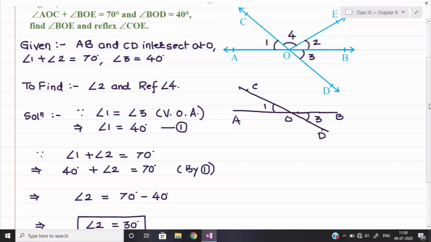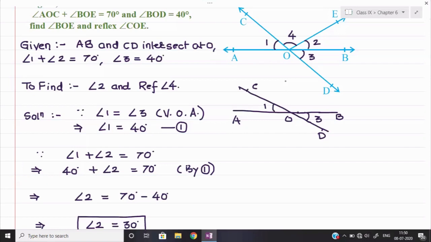Now look carefully. Suppose I say OE is a common arm, and look at the two arms AO and OB. Can I say that the non-common arms are forming a line over here? In this case, angle AOE and angle BOE, these two adjacent angles whose non-common arms form a line, hence the value of this angle will be equal to 180 degree.